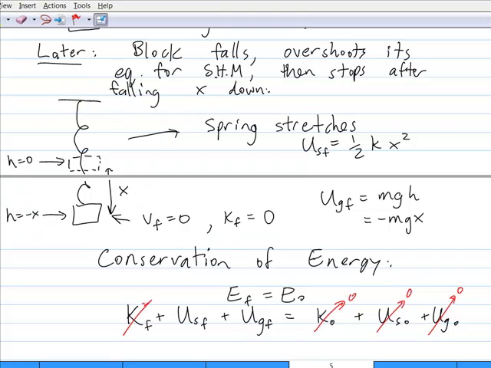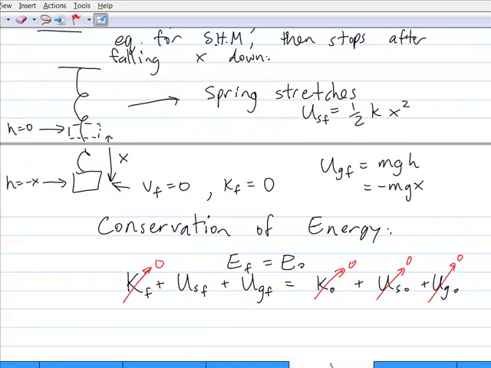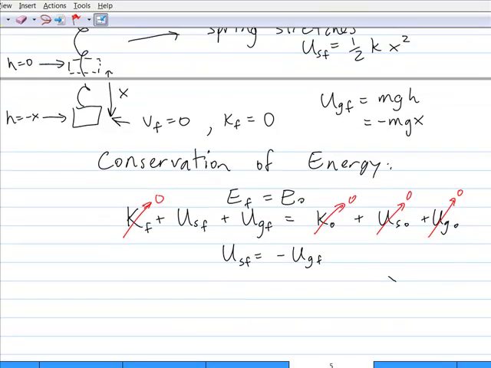Also, the final kinetic energy is equal to 0. So back to black. If we rearrange terms here, we've got U_SF equals negative U_G final. So plugging in our equations for that, we've got, scroll down a bit,